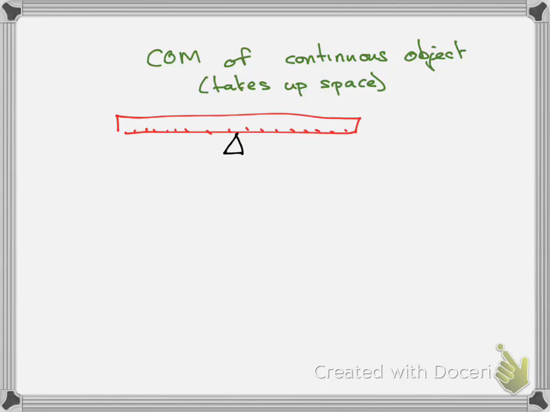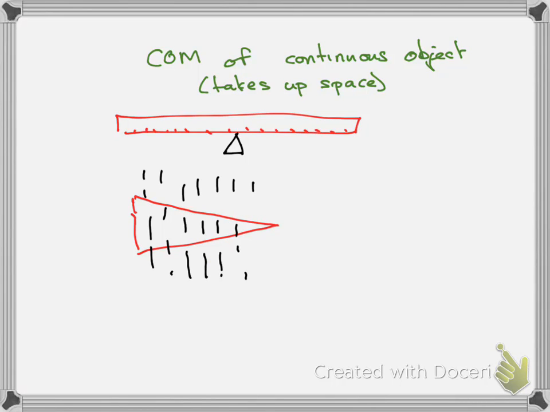We can get a little bit more complicated than a meter stick, and we could ask, what's the center of mass of, let's say, an object which is sort of triangular. And so now, per unit distance, right, as we move along the thing, there is less and less mass per unit distance, right? So in a sense, its density for a given distance is smaller, right? Well, we should probably talk about what is density. Density, I think, is mass per unit volume. And that's the Greek letter rho,